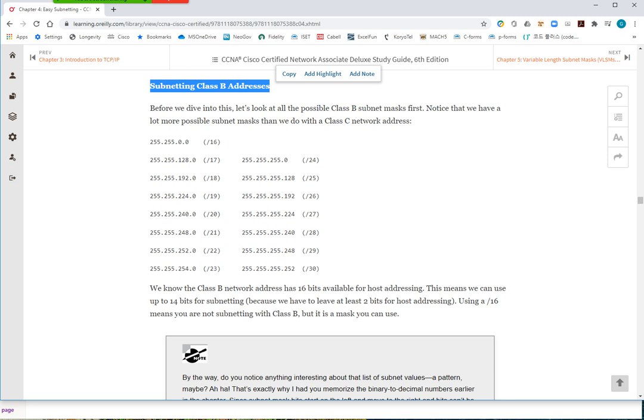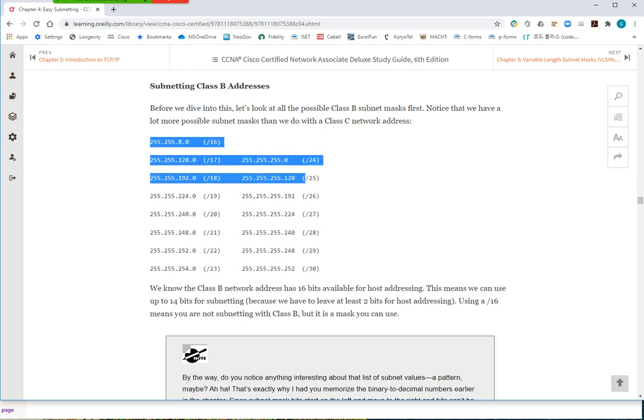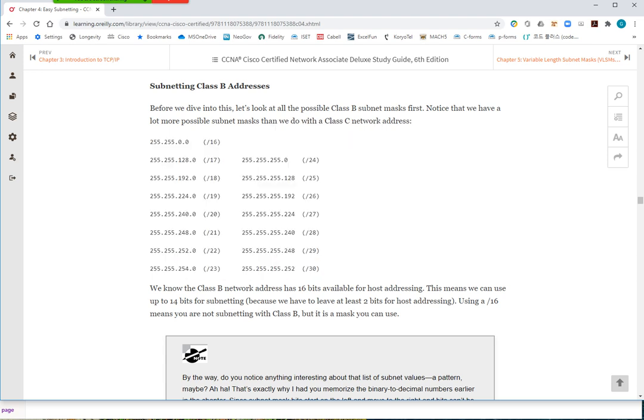for the Class B subnetting, these are the possible subnet masks. For example, when I say /19, you should be able to see, oh, the /19 is 255.255.224.0. This has to come up immediately. This is something that you have to think in your head, and be able to come out with immediately if you want to pass the Cisco CCNA. The good thing is I'm an instructor, I don't really have to memorize anything, but if you want to pass the Cisco CCNA exam,